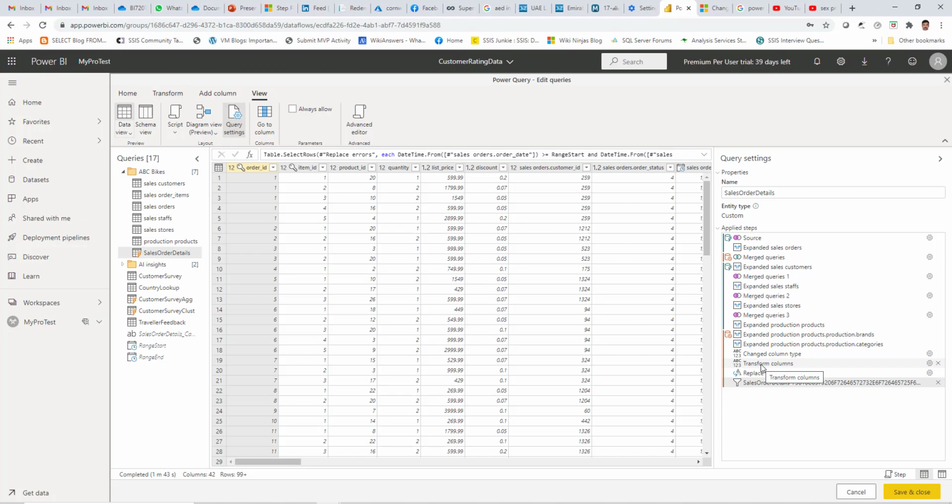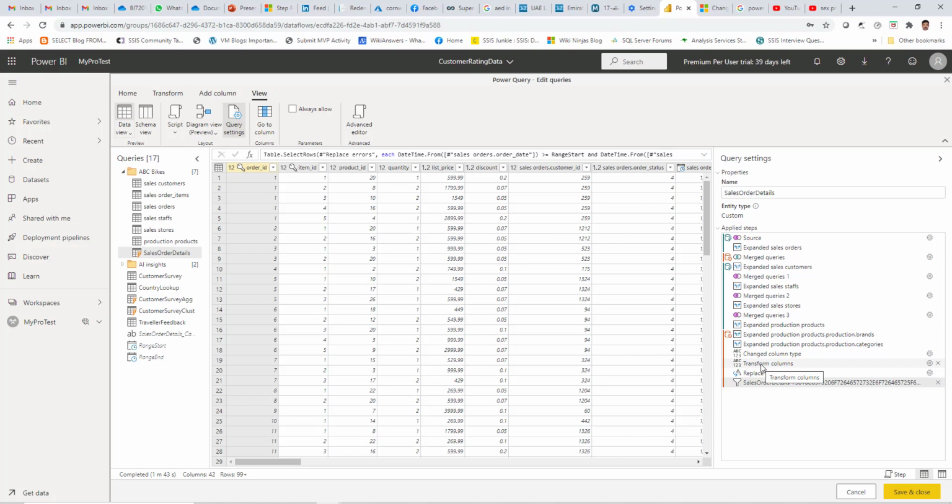And as a result of that, you will be able to see the icon against it to indicate whether it's a step which can be folded or a step which cannot be folded. When you go through the steps, it will give you an idea like, okay, these are the steps which can be grouped together so that they all can be folded. That means they can be performed from the data source itself, which will be the most optimized way of doing these steps. And if there are other steps to be followed, they can be grouped after that, so that once the data comes into your Power Query engine, the rest of the steps can be executed.